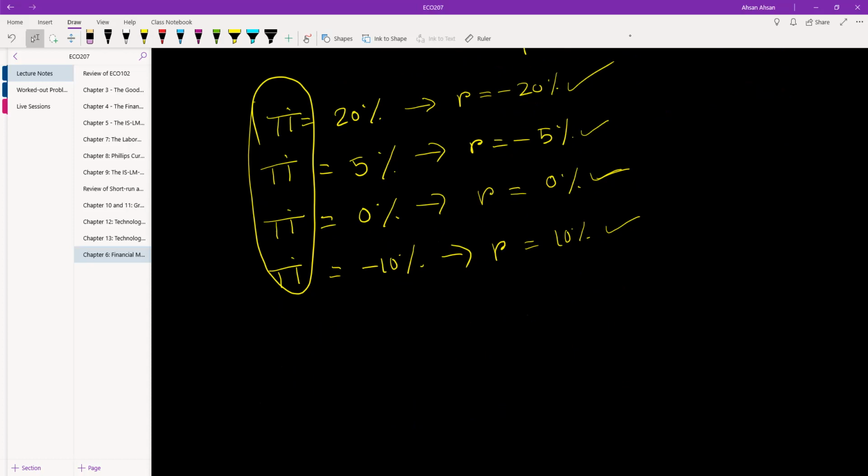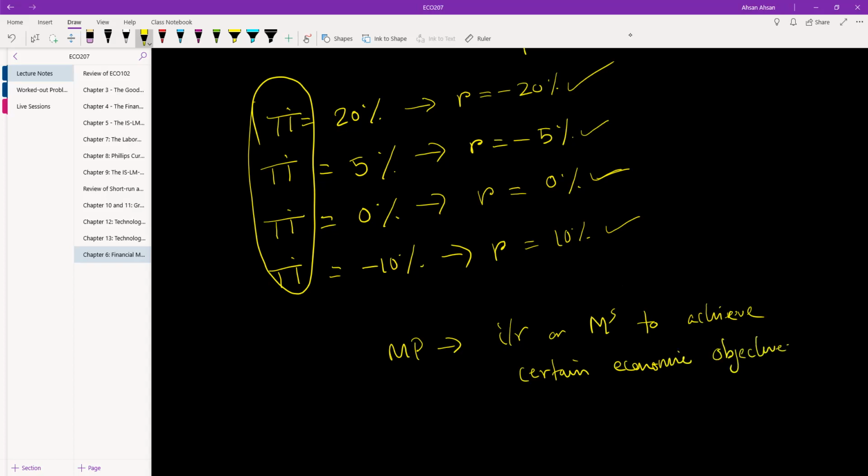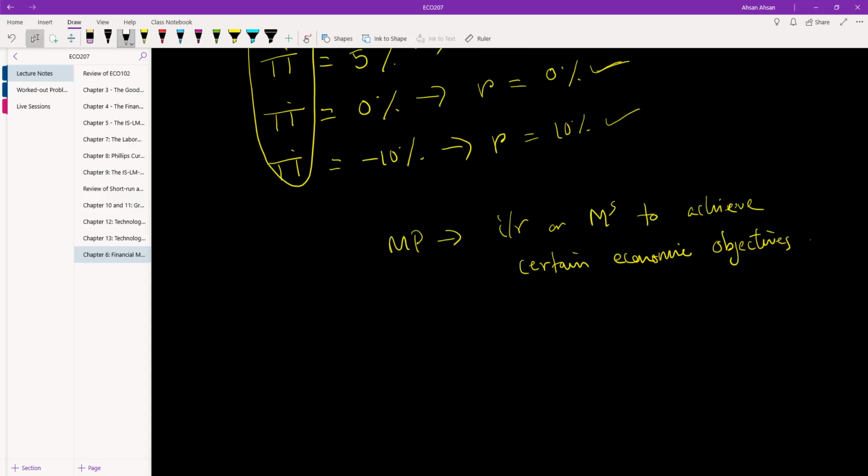So remember, I'm not talking about this because we have talked about this in chapter 5, but remember, what does monetary policy do? Monetary policy changes the interest rate or the money supply to achieve certain economic objectives, right? So